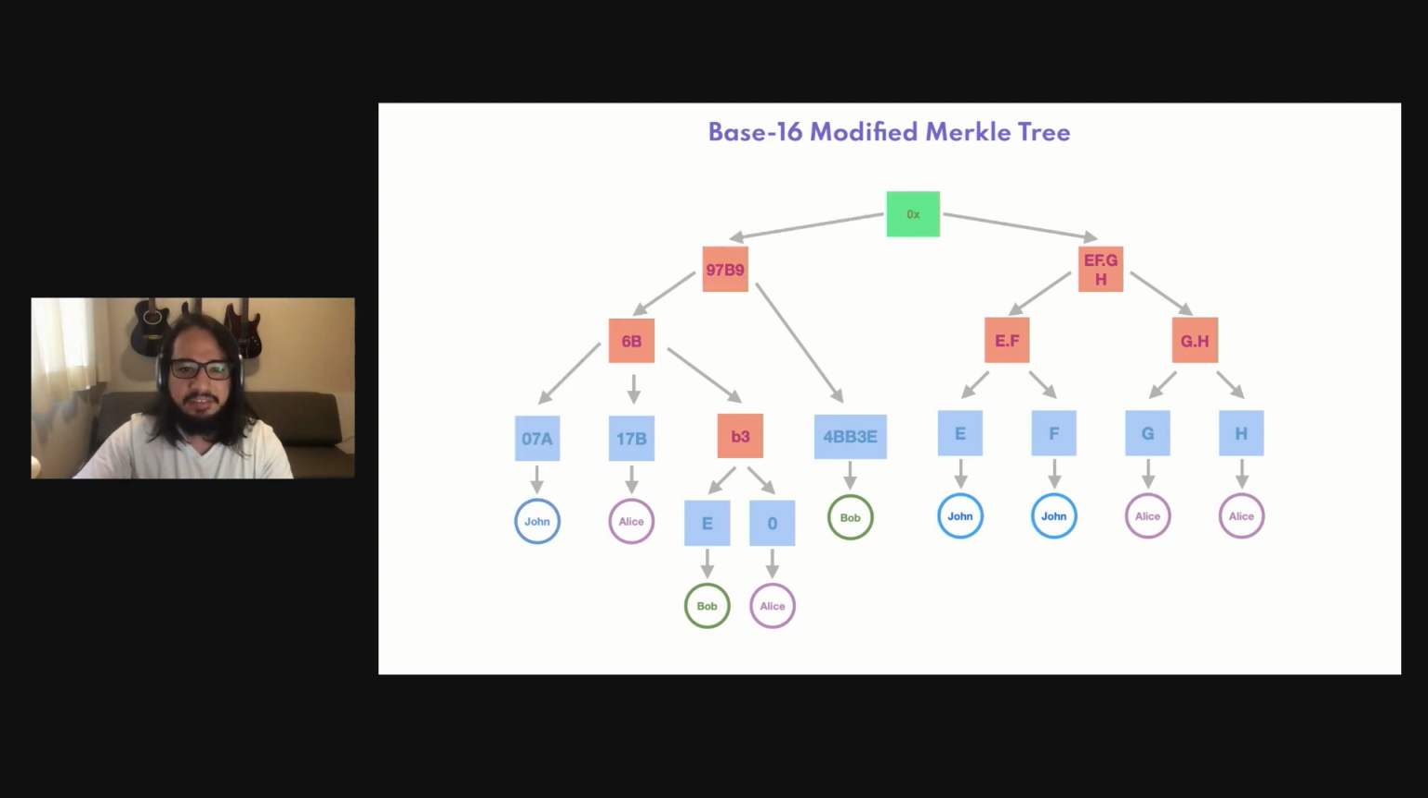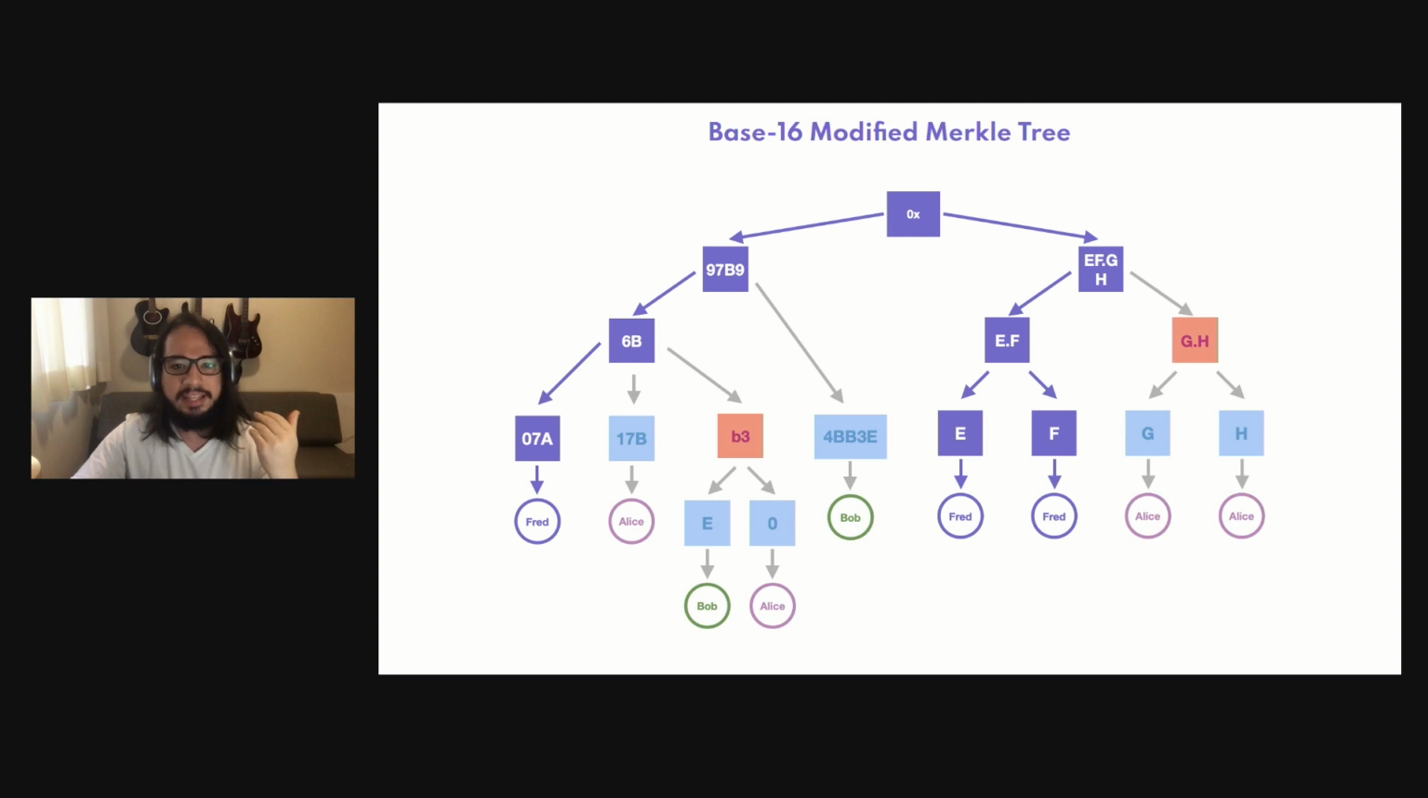And that's even worse when you need to do, for example, a batch transfer. Let's say that John wants to transfer all its NFTs to Fred. In that case, it needs to update a lot of nodes, and for each one of them, we need to read the storage, update the owner, and calculate the hash of each one of those nodes. And that's really expensive,